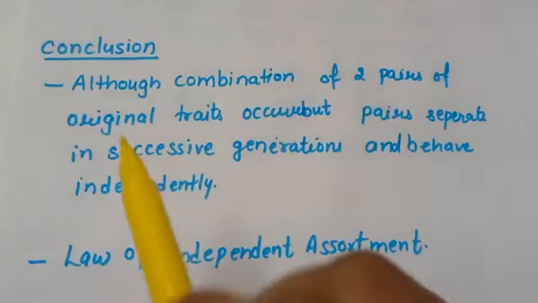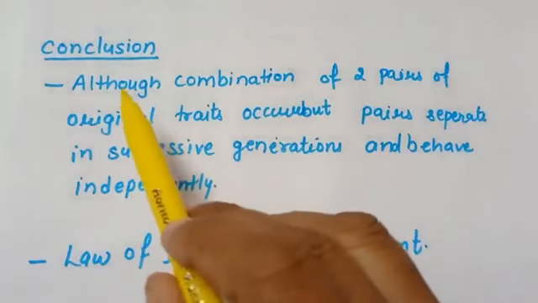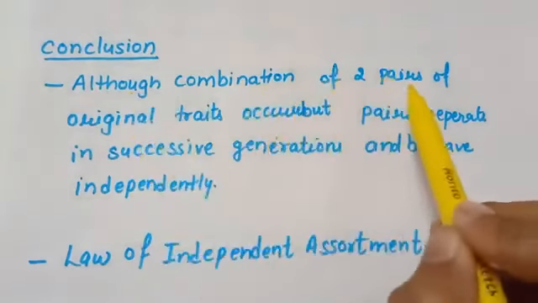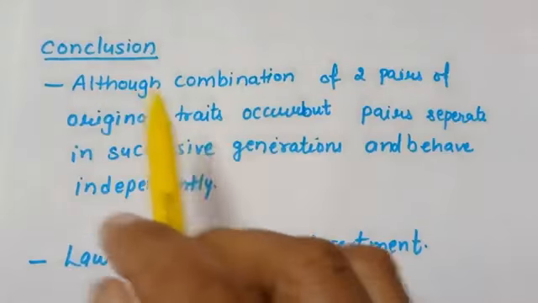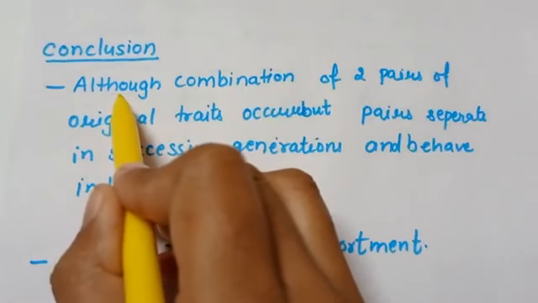Capital Y, dominant gene for the color yellow. So here one pair is of the color and one pair is of the shape. So here the various possibilities that we can see are these. So in conclusion we can say that although the combination of two pairs of original traits, we were having the